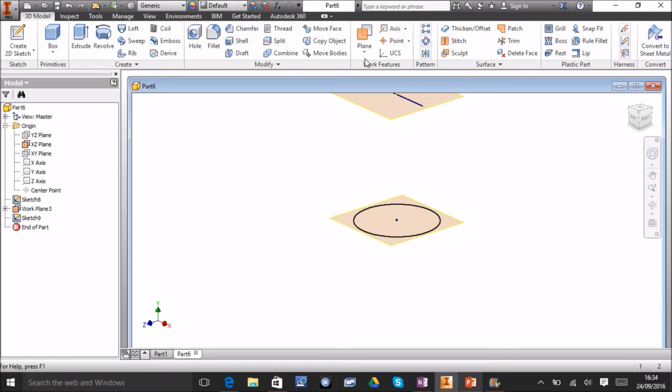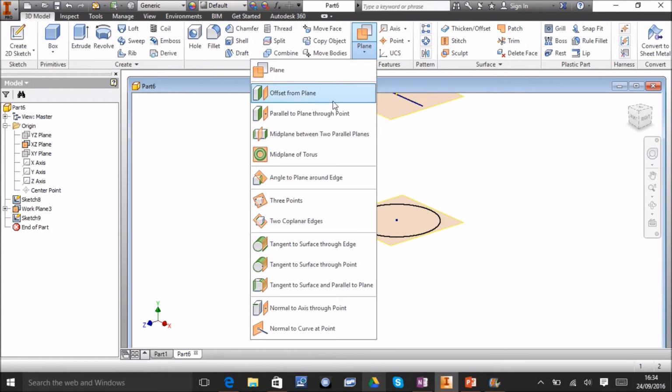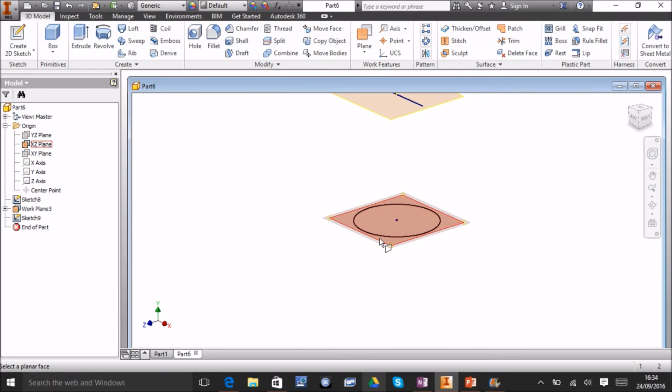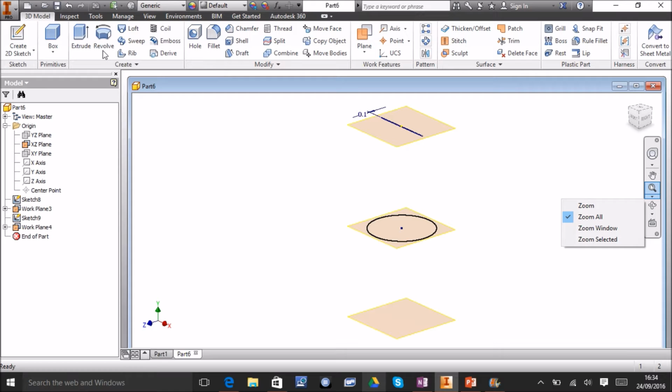And then on the other side, I'm going to make another work plane. And this time I'm going to offset it below. Now, again, I can just drag it, or I can type in a minus value for how low I want this to go. And I'm going to zoom so that we can see everything. There we go. Make a new sketch on this plane,